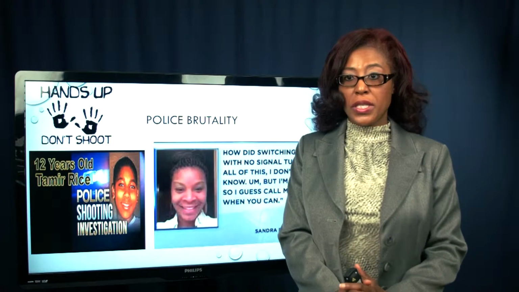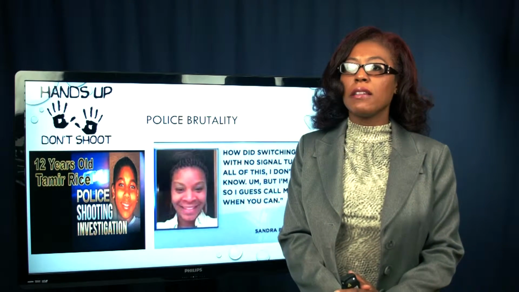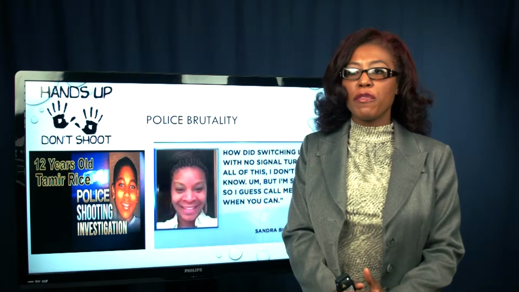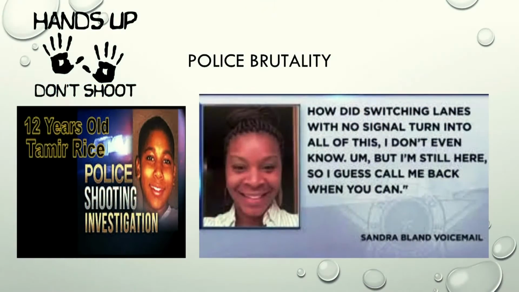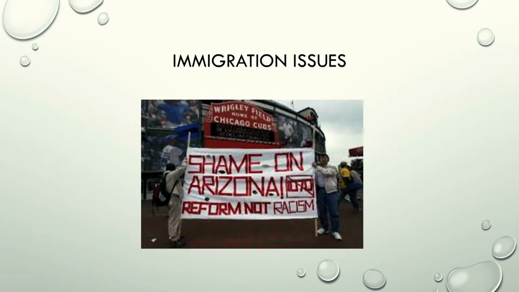We will also go in depth with our discussion of police brutality. We are right up the street from Prairie View, Texas, and last year, Sandra Bland lost her life in Prairie View. She was on her way to a job interview at her alma mater, Prairie View A&M University, and a police officer pulled her over simply because she failed to put on her blinker before changing lanes. This led to a series of events that culminated with her passing. We'll also talk about the police shooting of 12-year-old Tamir Rice, who was playing with a toy gun.